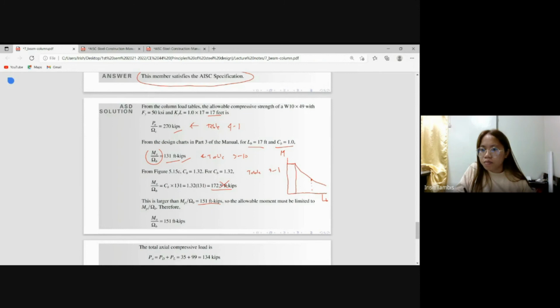So, this part here is the plastic moment. Then the 172, this is just 151 here, the plastic moment. The 172 exceeds it, which is not allowed. So, the value which we will use in the interaction formula should be the